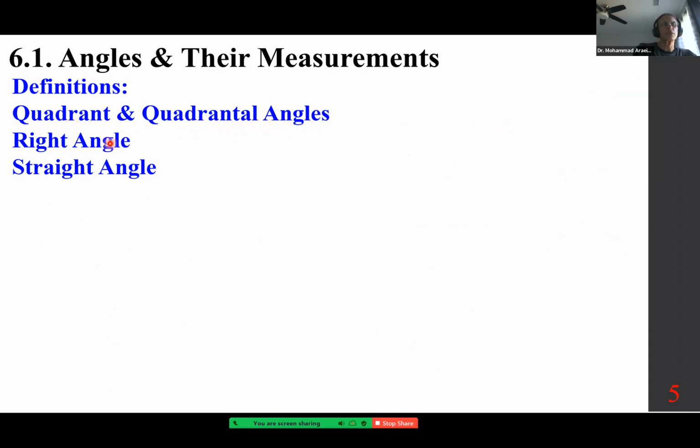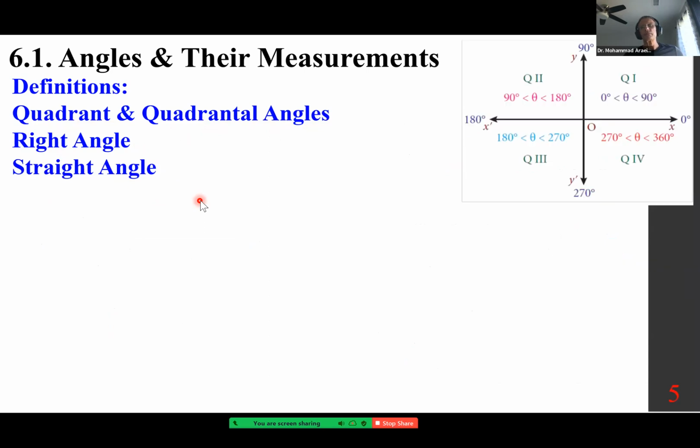Let's look at quadrantal angles, right angle, straight angle. Let's see what we have here. There's really not much brand new here. You all remember the quadrants from algebra. So we have a grid, and here's the first quadrant, the second quadrant, the third, and the fourth. As far as trigonometric functions are concerned,